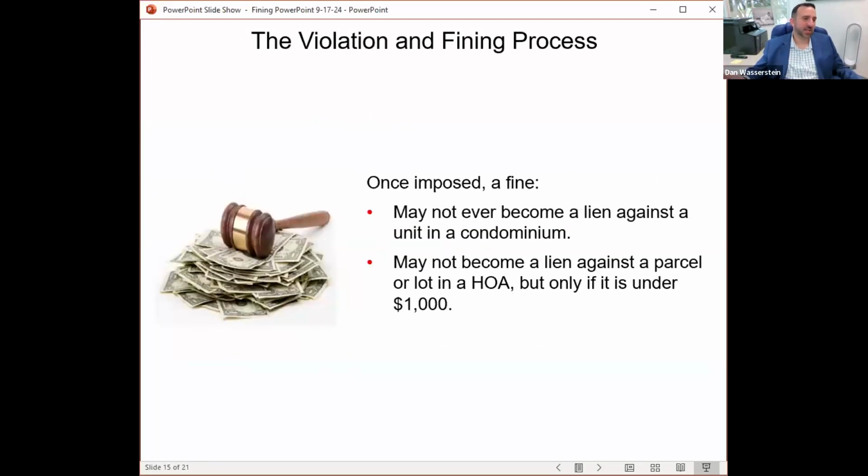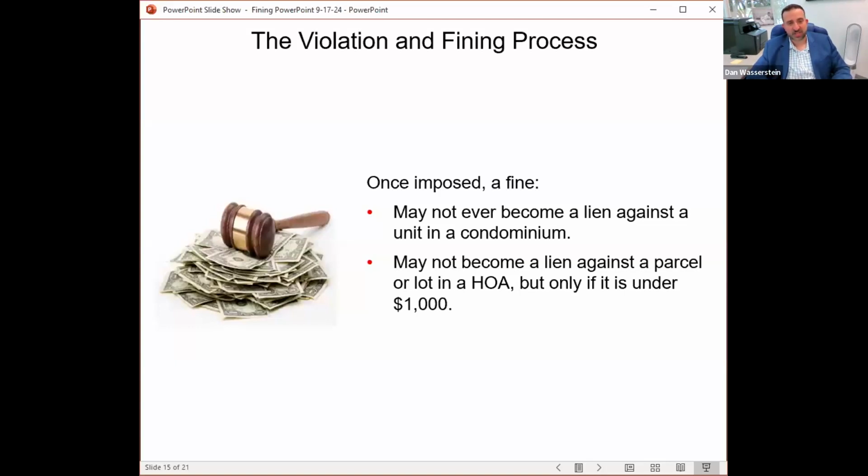So you got these fines that you've levied, and let's say the owner hasn't fixed it, they're legit, they owe the money. Well, what the heck can you do with these things? Well, not a lot sometimes. First, they can't in a condo ever be used as a lien. So if you're in a condo association, you could have $1 million of fines against an owner. If they don't pay them, you can't use the lien process to collect on them, which really takes a lot of teeth out of them. You'd have to file a lawsuit. Or more commonly, when the owner sells their condo, they would be paid from the estoppel at the closing.